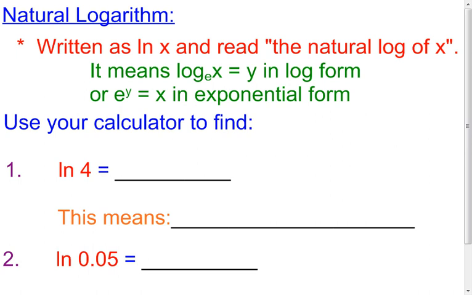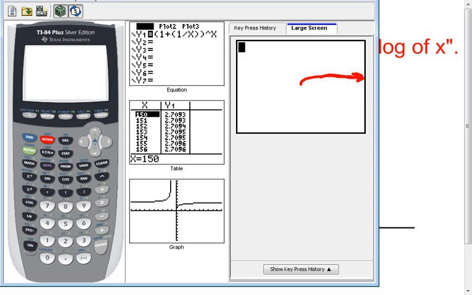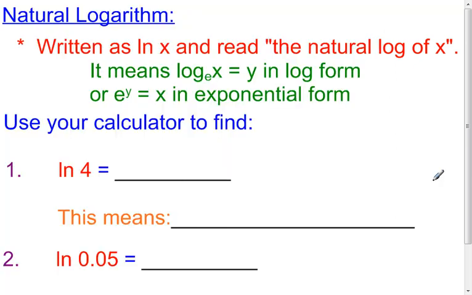So in this case, I need to look for the natural log of 4. There is a button on my calculator. It's kind of between the 7 and the 4. I'm going to quit out of here and go back to my main screen, and I will erase this so that's not a problem. ln is right here between the 7 and 4. The natural log of 4, if I type that into my calculator, I get this. Just like with all logs, we typically round our answers off to 4 decimal places. So the natural log of 4 comes out to be